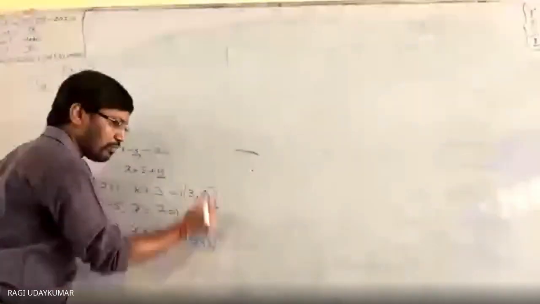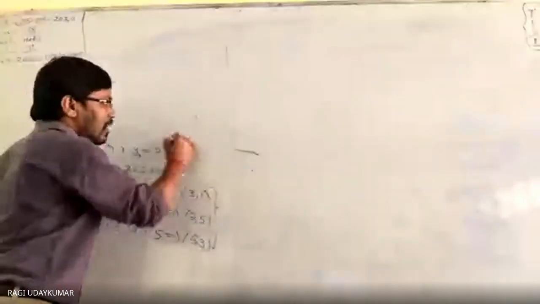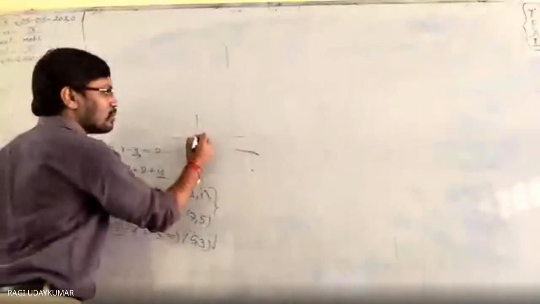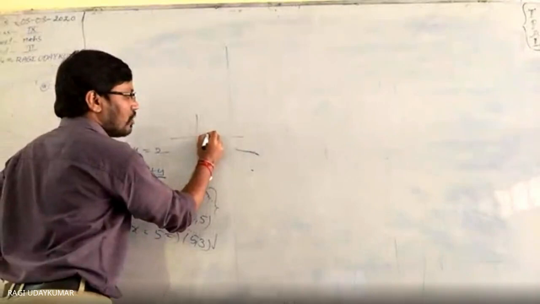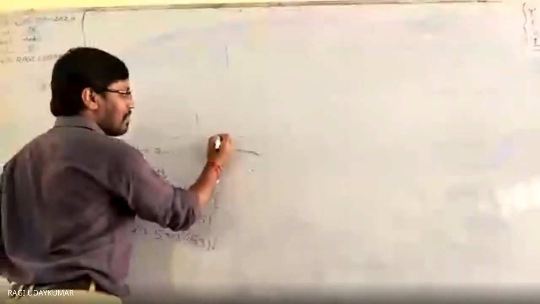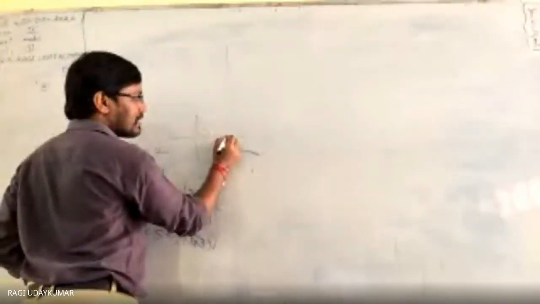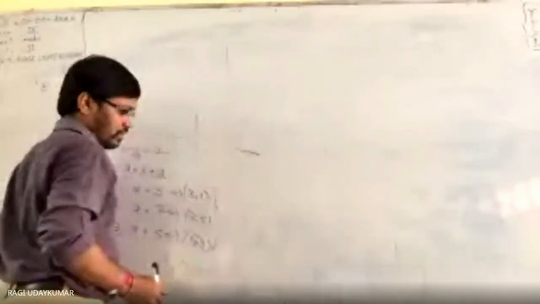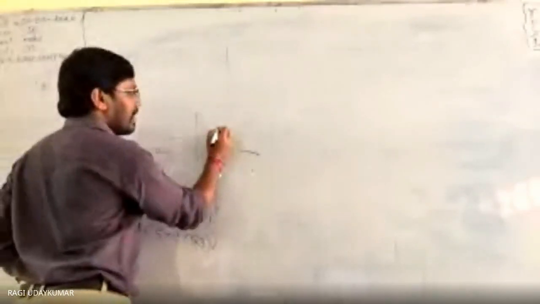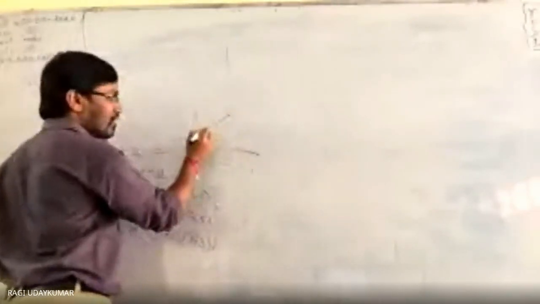These 3 points you plot on a graph. Graph में plot करो. 3 comma 1, 3 here होगा 1 here होगा. 7 comma 5. ये 3 होगा तो 6, 7 comma 5 इधर. 5 comma 3 इधर. ये 3 होगा तो लाइन ऐसा आएगा. That graph. हो गया problem.